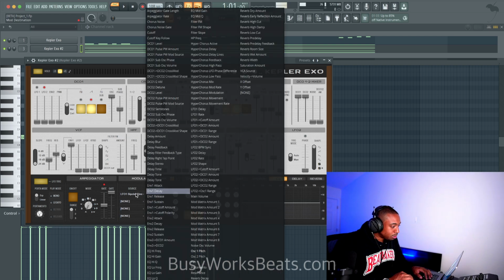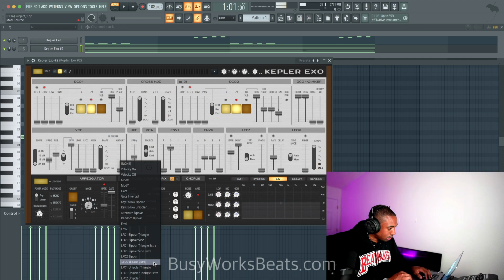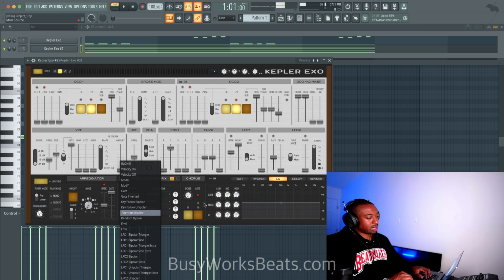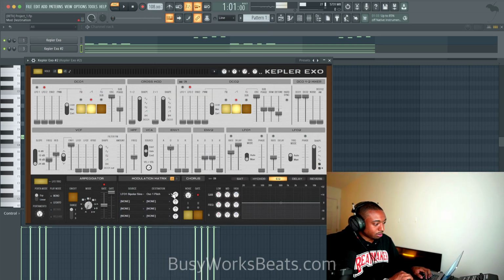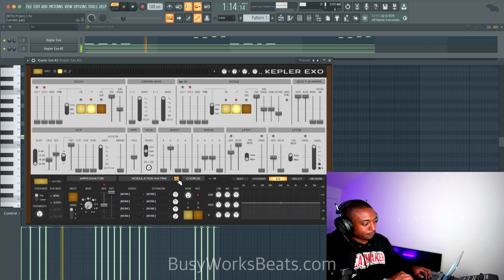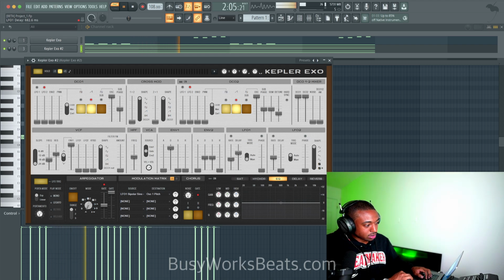pull in that range, but let's see if we pick the wrong LFO. Let's try LFO 1. Yeah, we picked the right parameter, but the problem is the range is way too extreme. So that's not going to be an option. That's just too extreme. And I'm at like 0.1 values, 0.2. That's just too aggressive. So here's this more subtle.